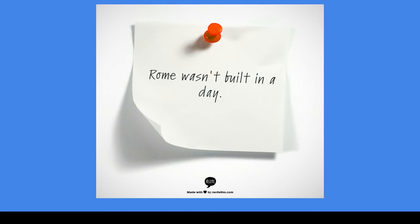Now, it's very easy on a course like this to think you're not picking things up quick enough, you're not learning things quick enough, or you're not improving your lessons, your teaching quick enough. So just remember that it's an introductory course, and by the end of the course, hopefully, you'll be a relatively competent EFL teacher. But you won't be fantastic. It's only a 4-week course, so just remember that you won't learn everything, and then once you actually start teaching after the course, that's where a lot of the real